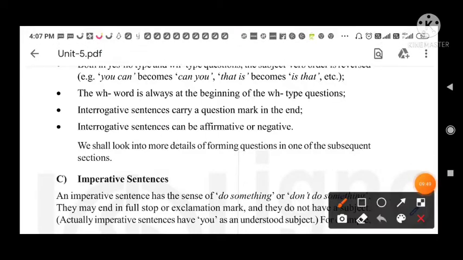So, from the exam point of view, these are three features of an interrogative sentence. First, the WH word is always at the beginning of WH-type questions, which I have already told you. Again, interrogative sentences carry a question mark in the end, and interrogative sentences can be affirmative or negative. We shall look into more details of forming questions in one of the subsequent sections. Then come to